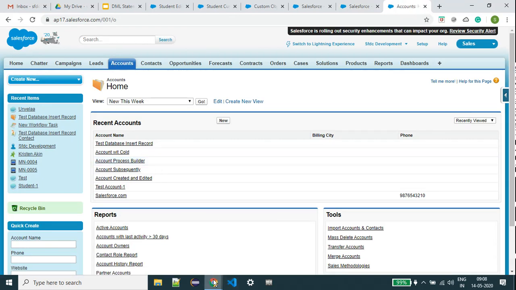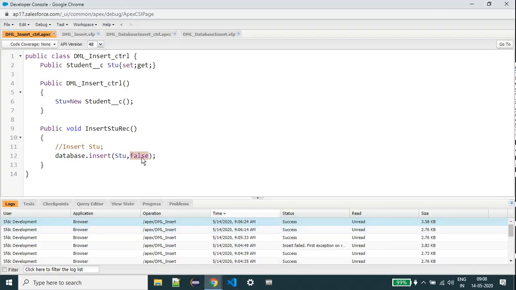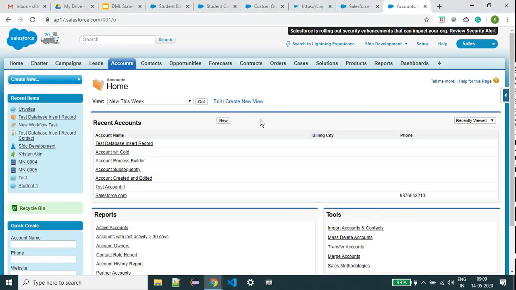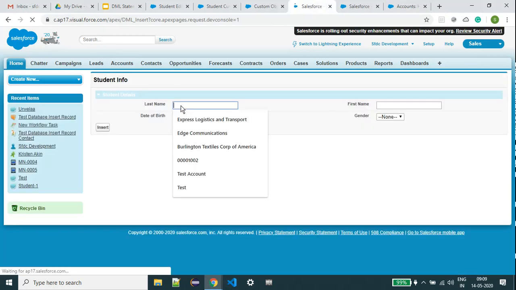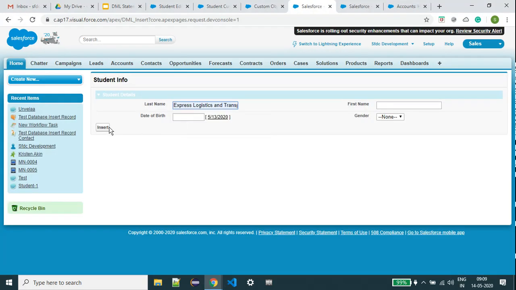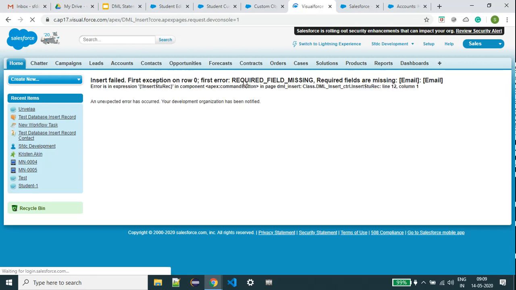For example, instead of this, you can mention true. So it is considered a standard type. See here, it throws an error: required fields are missing.